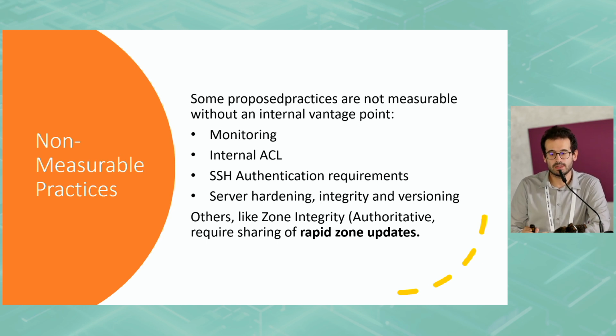And there is one best practice actually that is not effectively measurable from third party at current state, that is zone integrity. Basically, it says that you should keep the integrity of your zone as much as possible. And the way to basically assess this is to check if there are NS hijacking, for example, in the zone. But this will require things like rapid zone update instead of sharing, for example, the zone with the third party once a day through